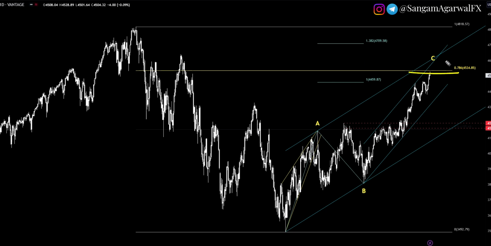So your first resistance is 45.34, and this lower trend line is your dynamic support level. If news changes market sentiment, then this support zone near 4200 is your big support level.